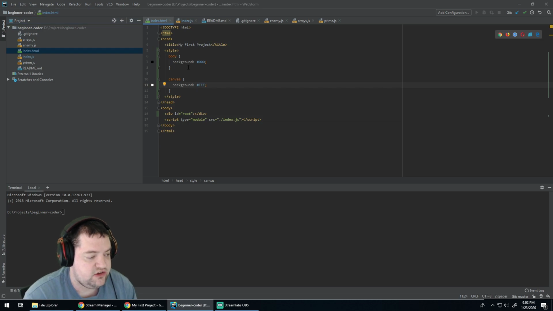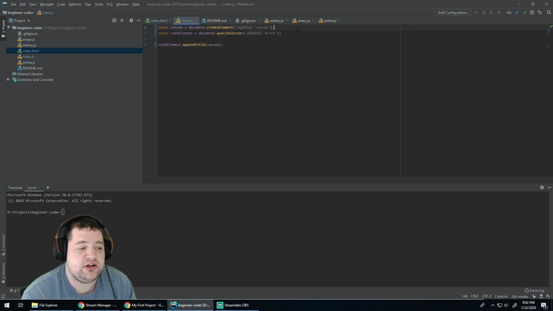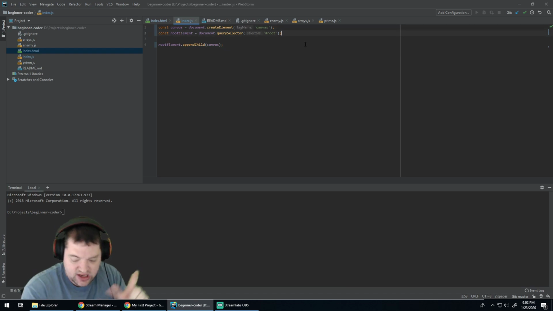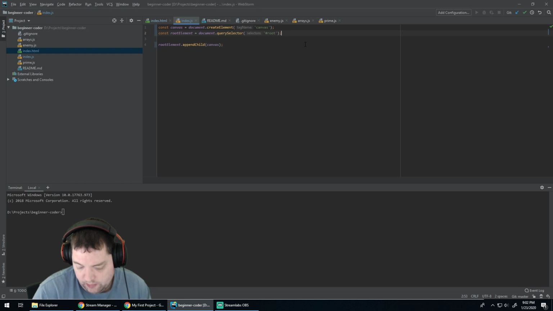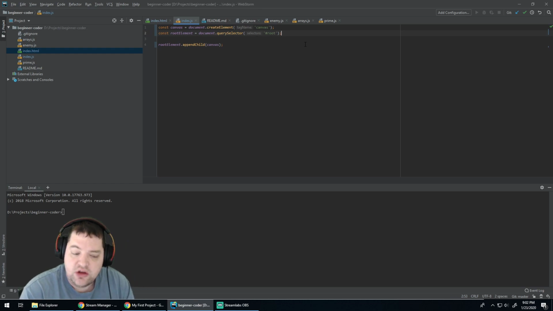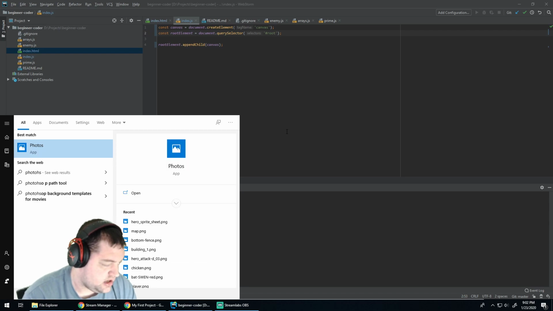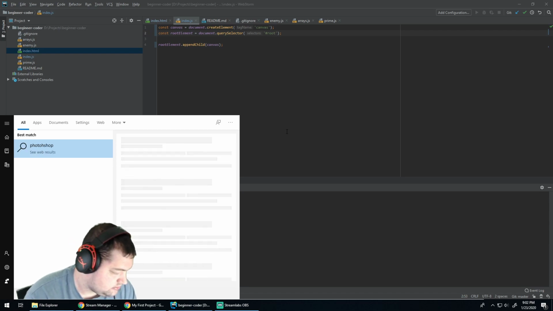So I can change the width and height of things in CSS, but canvas is a little special in that it has really two different widths. It has its natural width, and then it has the style width. The difference between the two is kind of like an image. So with an image, if you make an image and you make it,